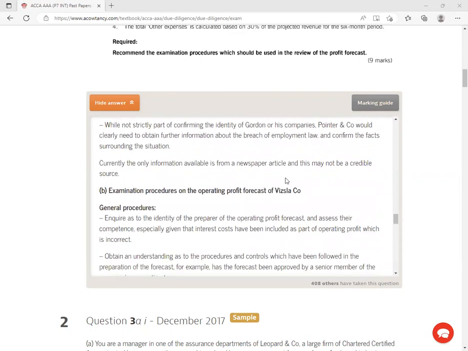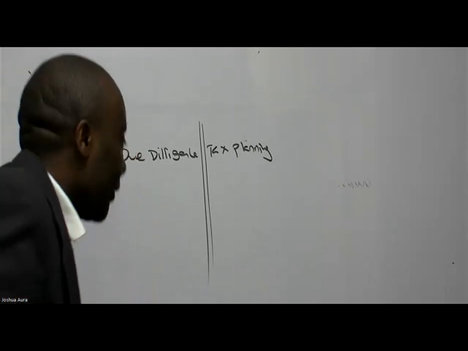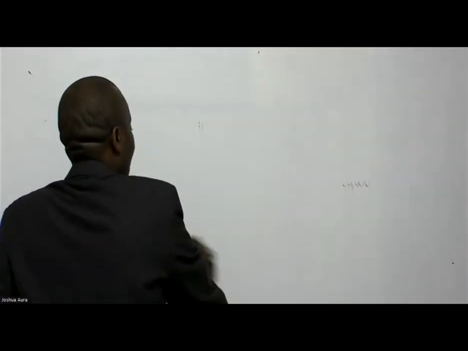Examination procedures on the operating profit forecast. That profit forecast that we saw up there, ladies and gentlemen, what are we supposed to do? The profit forecast that we saw up there under prospective financial information. Under this prospective financial information, PFI is a topic which is also very, very hot for your examiners. When we talk of prospective financial information, ladies and gentlemen, we are looking at what things as auditors? The reliability of the figures. So we want to get this PFI information, those forecasts, ensure that